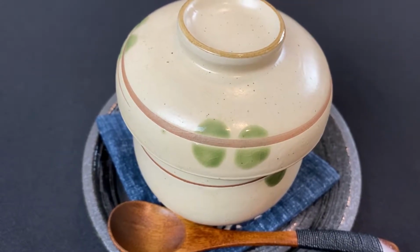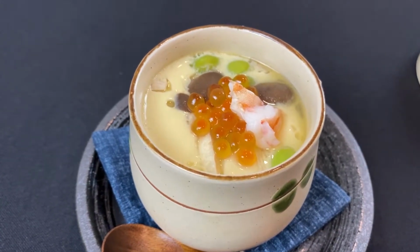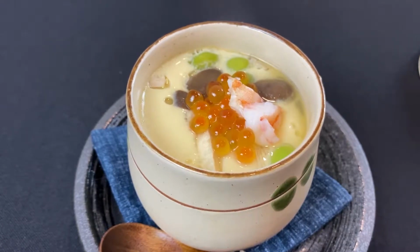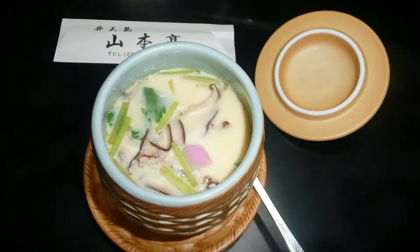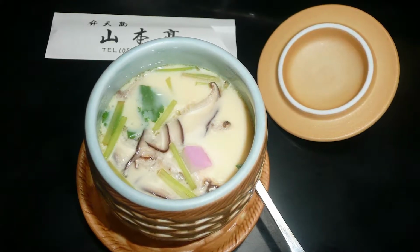Today we're making chawanmushi. Chawanmushi traditionally is a steamed egg custard dish. It is made most often by combining eggs with dashi from kombu and bonito flakes. Most people in Japan have their chawanmushi filled with ingredients like shiitake, fish cakes, and ginkgo nuts, garnished with a